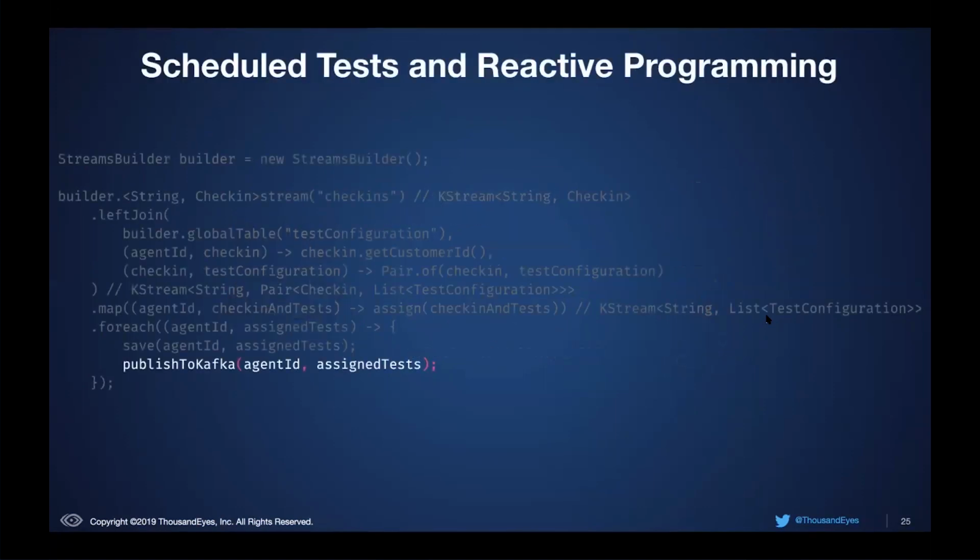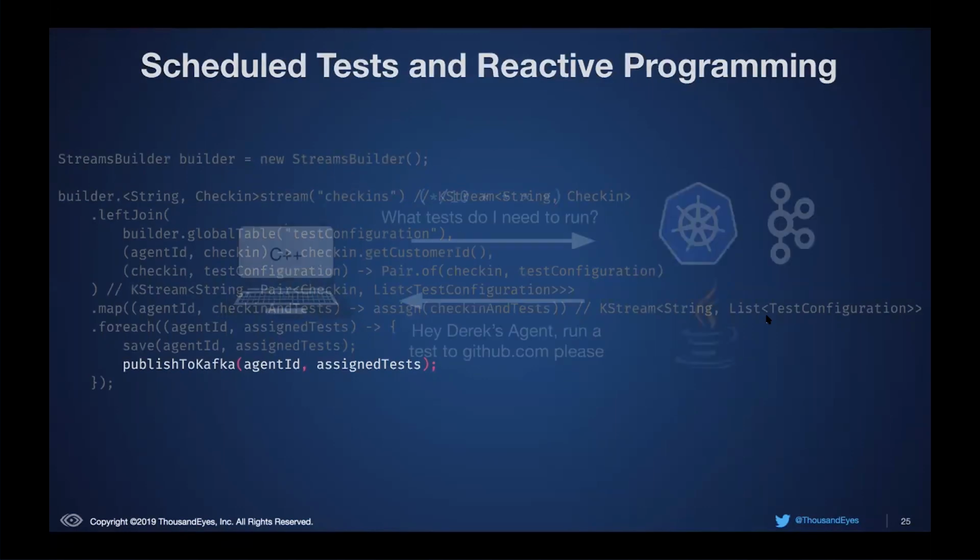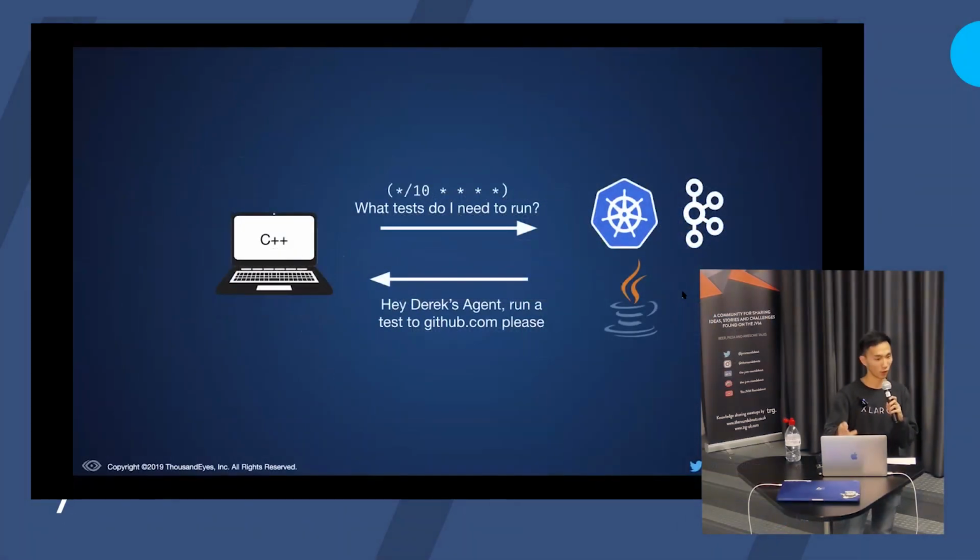Now, a natural question to ask is why are we publishing the set of assigned tests to Kafka as well? Well, it's because we want to be able to react to this event later. Because it's still not very good that the agent needs to poll the scheduler every 10 minutes to be able to get the latest tests. For a few reasons, it's definitely a very bad user experience, because when a customer defines a new test in our platform, they have to wait at least 10 minutes before the metrics start coming in.